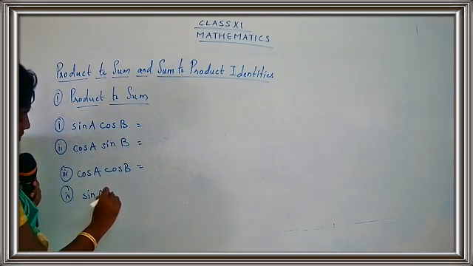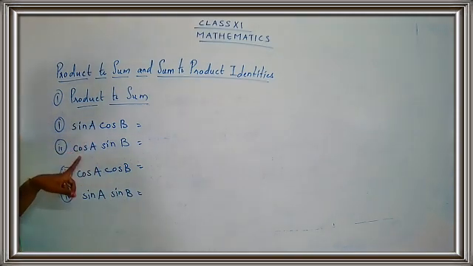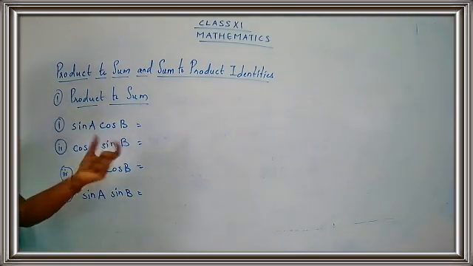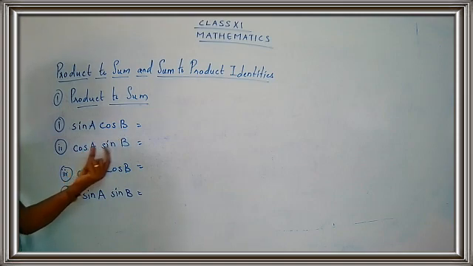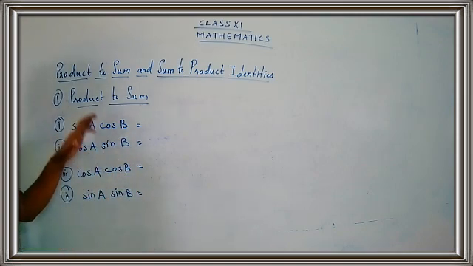So just remember this combination, children. What is the combination? Sin A cos B, and now you have to replace it: cos A sin B, cos A cos B, sin A sin B. So remember the combination. First of all we are going to see how to write the product in terms of sum. So this is in the form of product: sin A into cos B, cos A into sin B, cos A into cos B, sin A into sin B. You are going to write down the answer in terms of sum. So how is the answer?